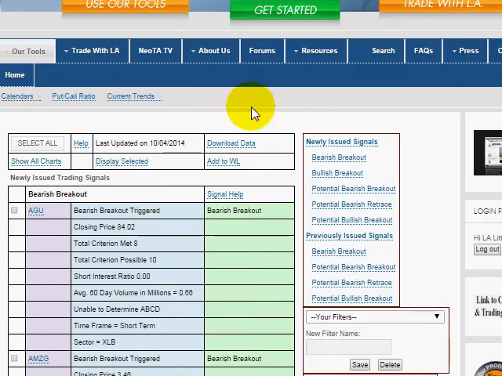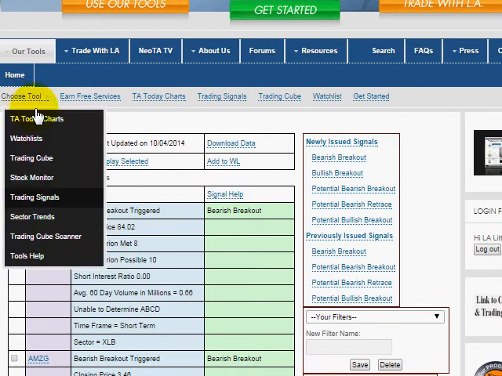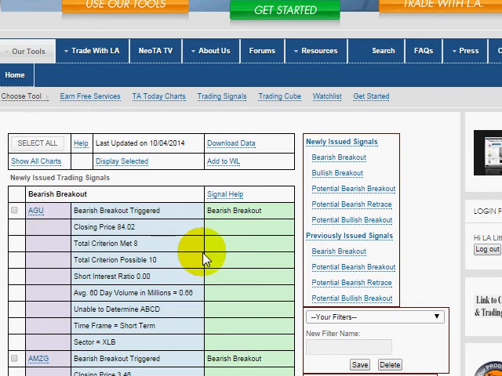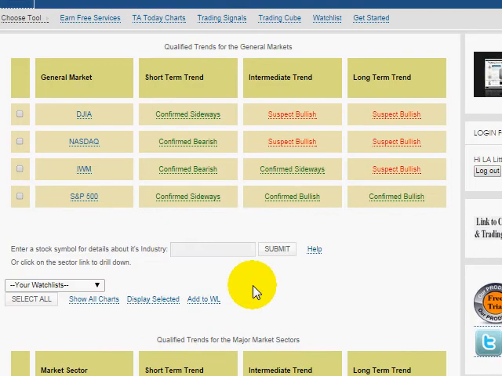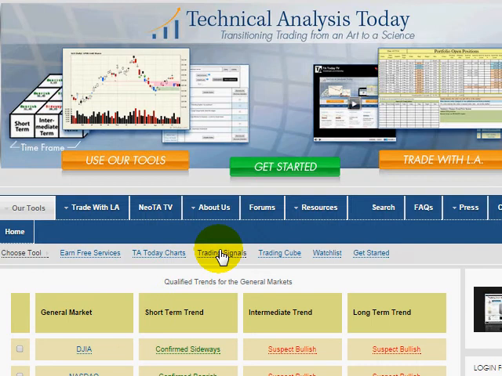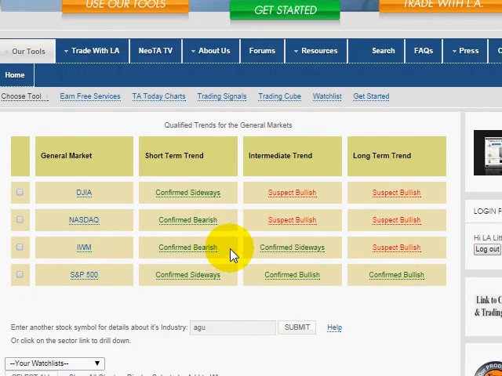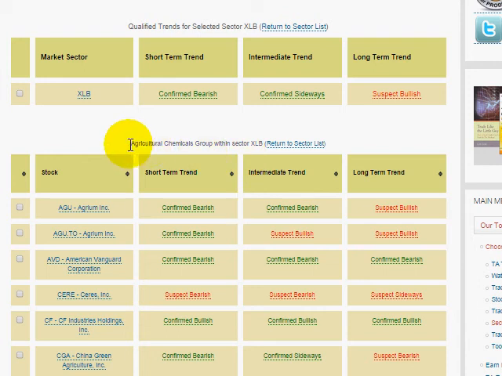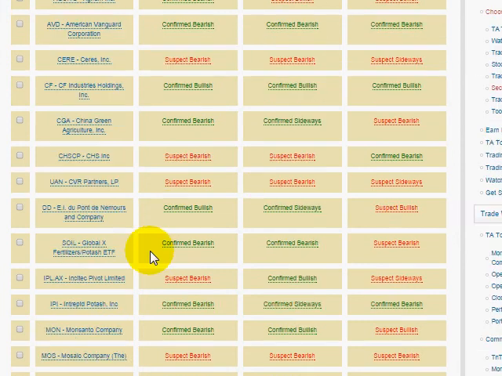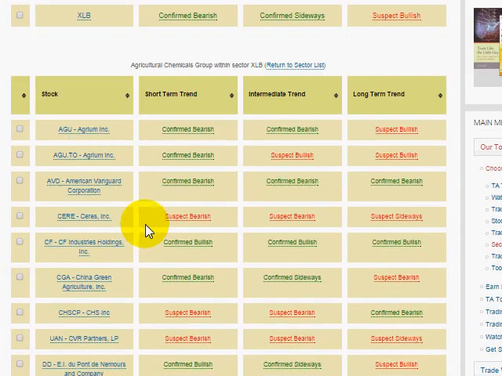And you can actually, of course, read the charts and see that. But what I wanted to show you is not just the signal here, but the fact that you can go elsewhere and get more information about other trades. For example, there is a tool called Sector Trends that lets you drill down. So if we put that symbol in here, it'll let you drill down and you can see other stocks in that industry group. This industry group happens to be agricultural chemicals, and you can see all the stocks in that group,